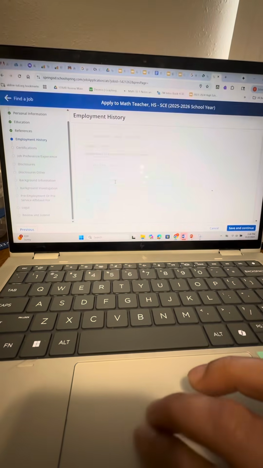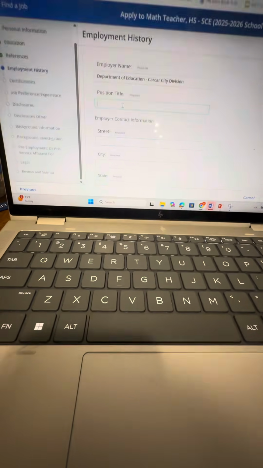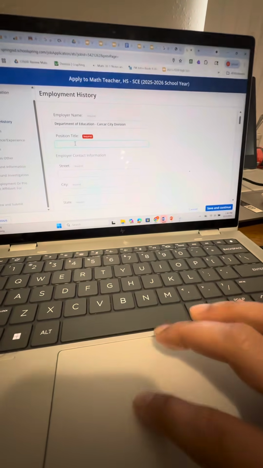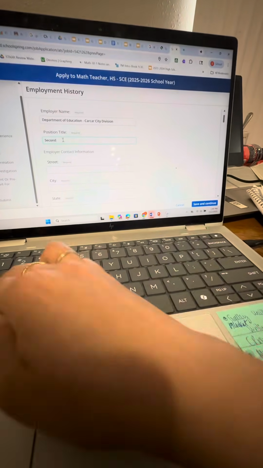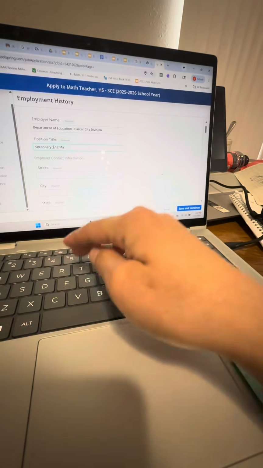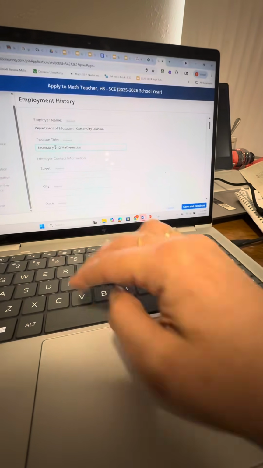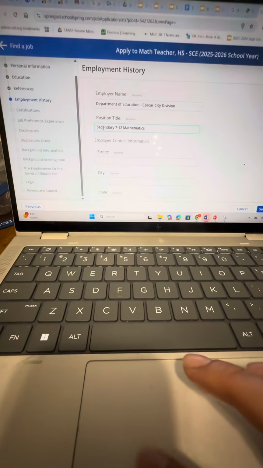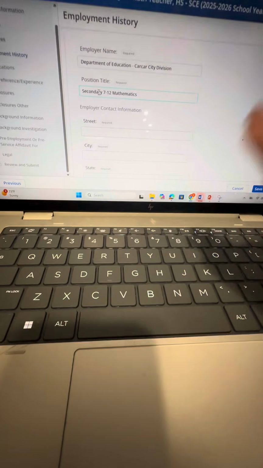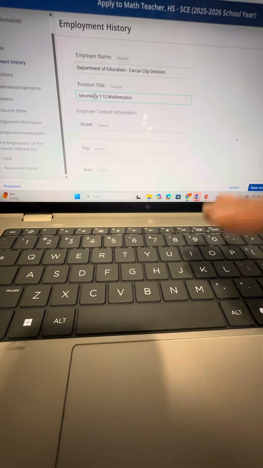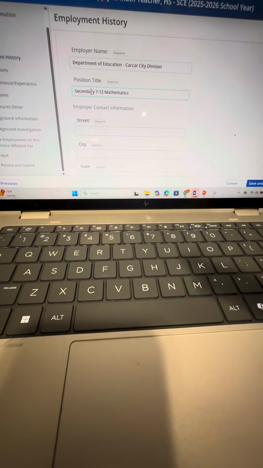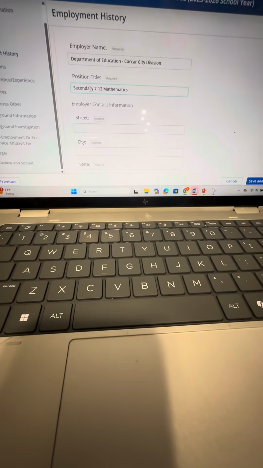And then position title. Don't put teacher 1 or master teacher 1. Just put teacher. Or more specific, secondary 7 through 12. Okay, this is how they label teachers here in the US. So if you are teaching 6th grade, 7th, and 8th, then you're a middle school math teacher. But to be safe, because our license can teach from 7th up through 12th grade,